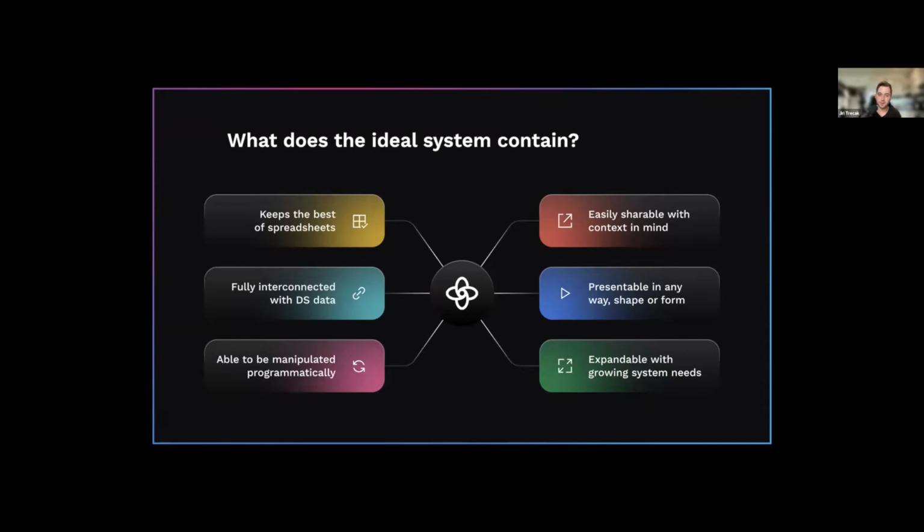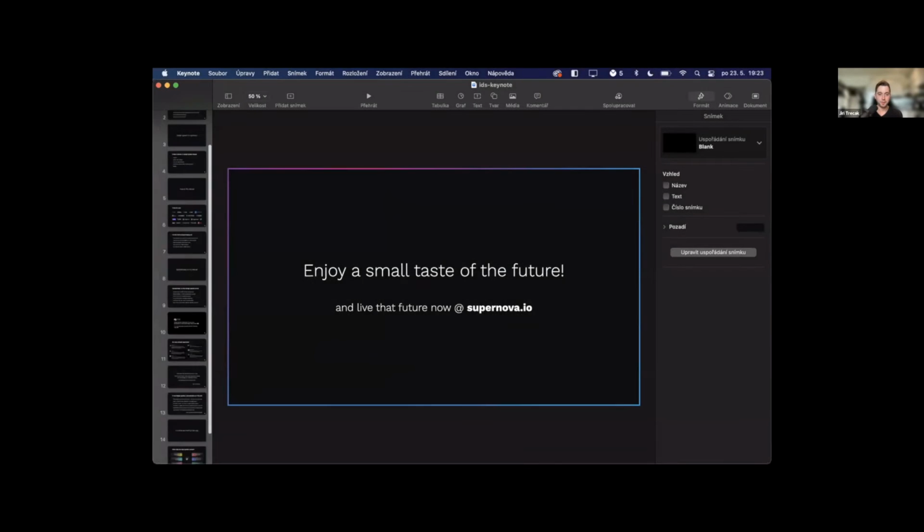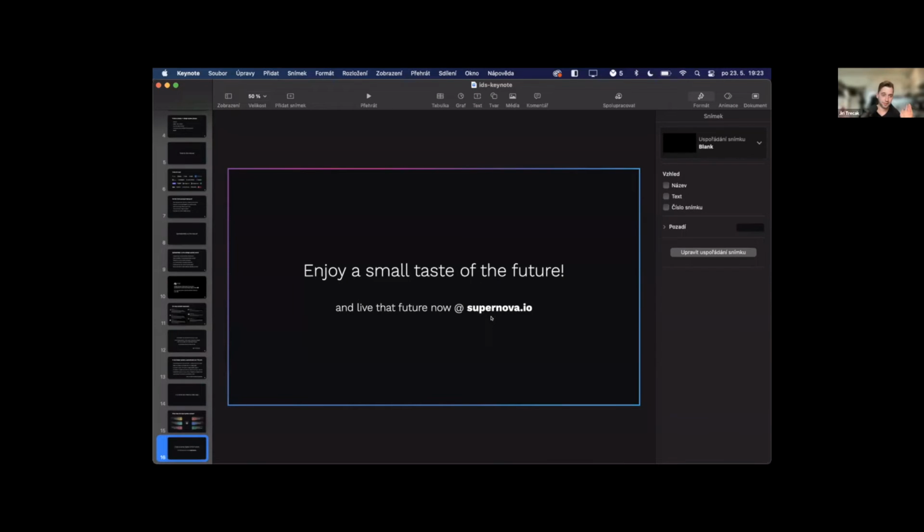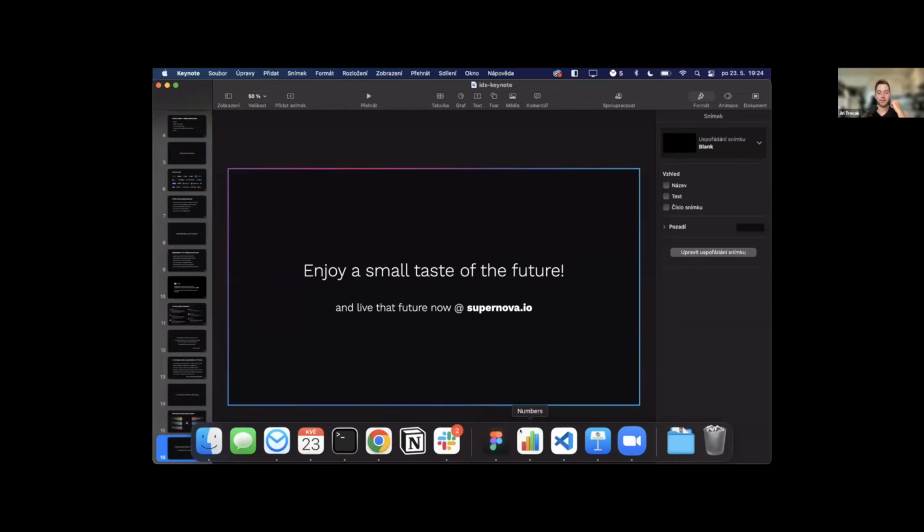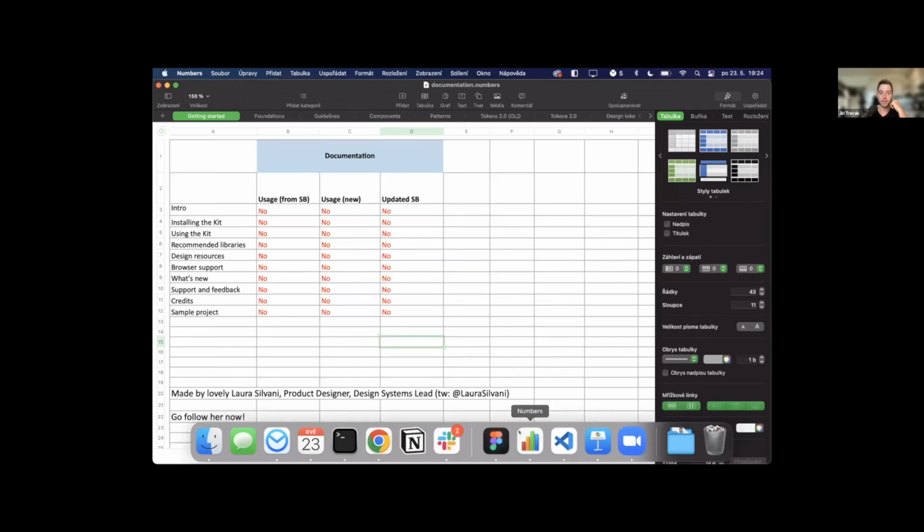So now, with that being said, of course, I wanted to show you something, and I think we have talked for quite a long time. So let me switch from the presentation to a demo. Now, we have actually just released a new version of Supernova. So if you want to follow along, you can try it yourself right now on Supernova.io. I will give you a little bit more time to prepare, and I will actually show you one example of